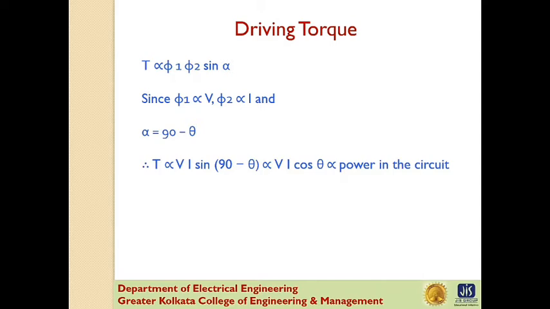However, reversal of the current in the circuit reverses the direction of the driving torque on the disc. When the reverse driving torque is large enough, the disc rotates in the reverse direction and the moving contact closes the trip circuit. This causes the operation of the circuit breaker, which disconnects the faulty section.